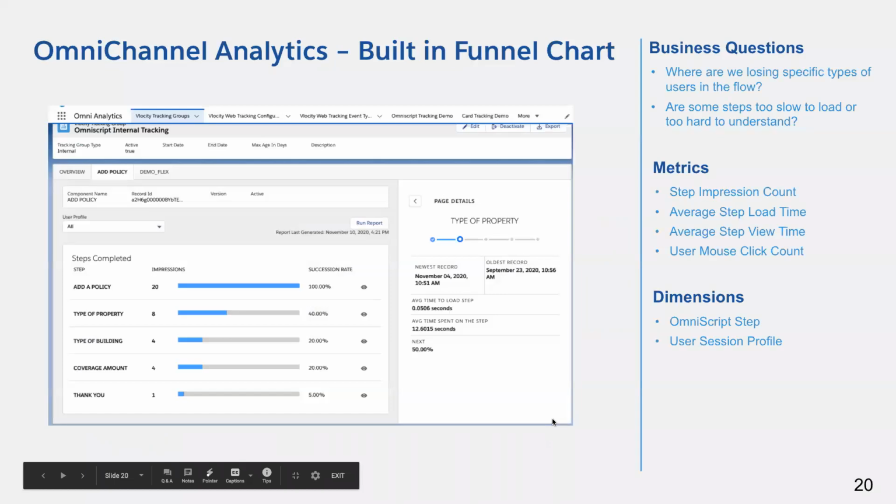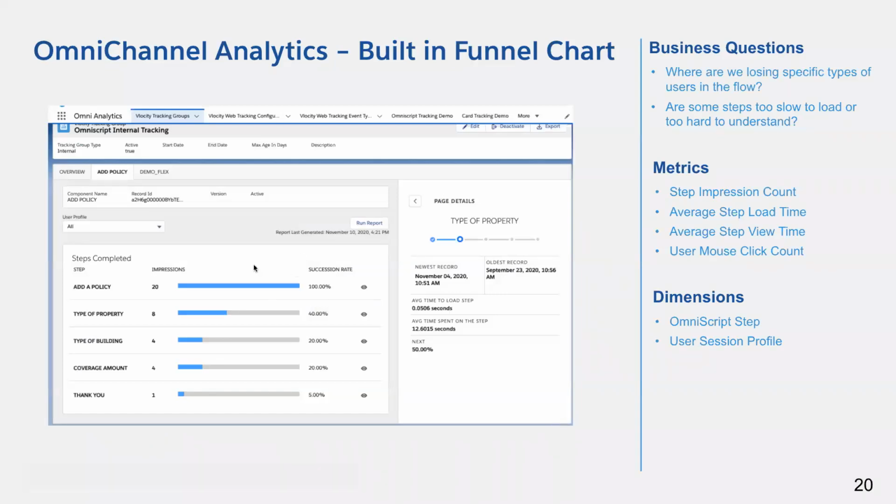This is a screenshot of one of the built-in charts that we generate. If you turn on omnichannel analytics and you want to track an OmniScript, all you really have to do is select the OmniScript, and we will automatically start to gather the data and generate this type of chart for you. It's also possible